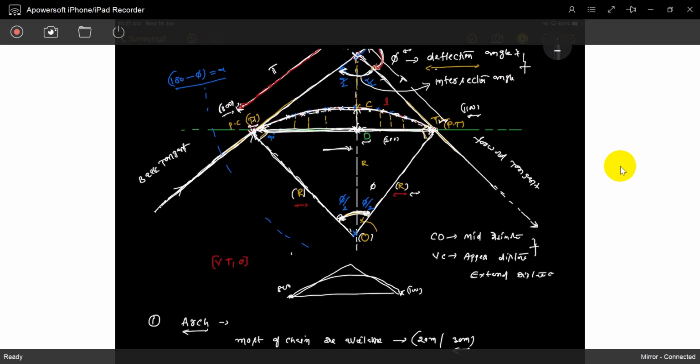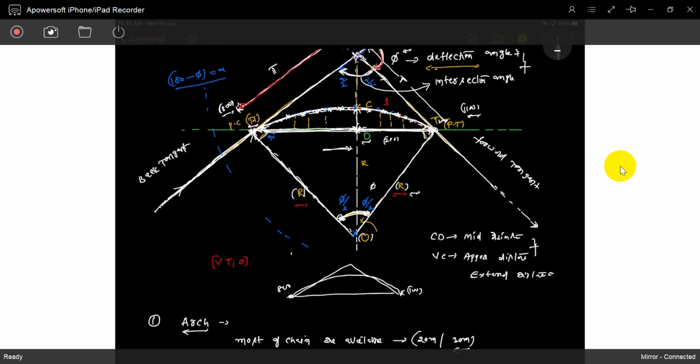What is the purpose, sir? So we can conclude later that we have to set out these points based on the tangents and based on the chord. That is the purpose. So what is our final motto? We have to fix these points T1 and T2. Later we have to fix every point on the curve. Then only we can draw. Understood? To fix those points we use many methods, we will discuss later.